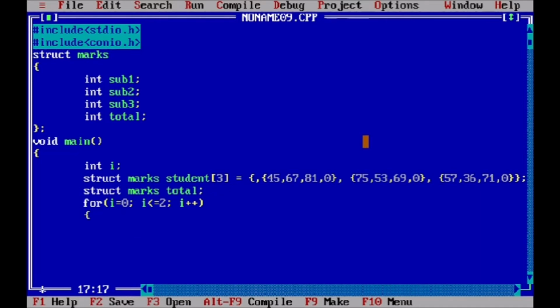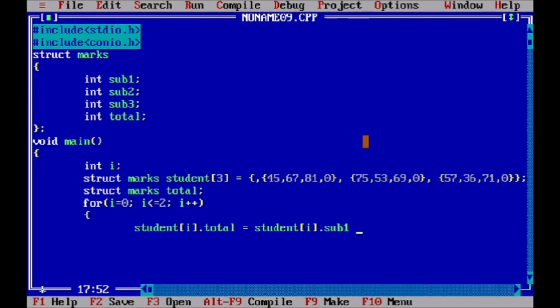Here we are doing addition of 45 plus 67 plus 81, then 75 plus 53 plus 69, and then 57 plus 36 plus 71, which is nothing but student of 0 dot total is equal to student of i, where i is first 0, then 1 and then 2.